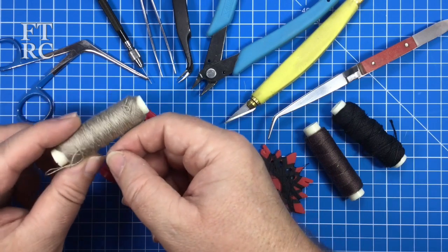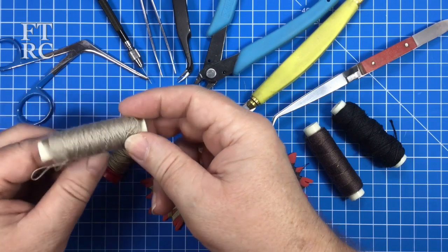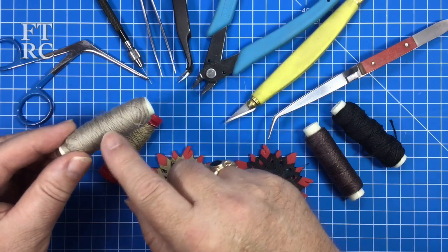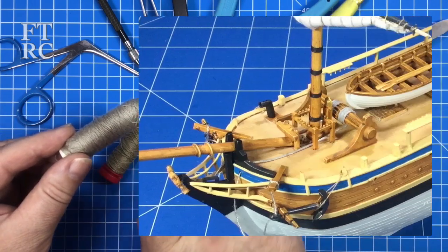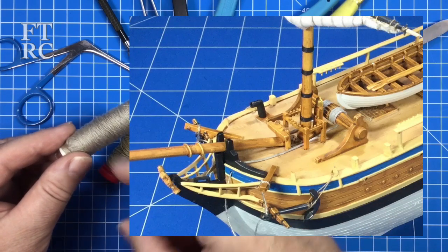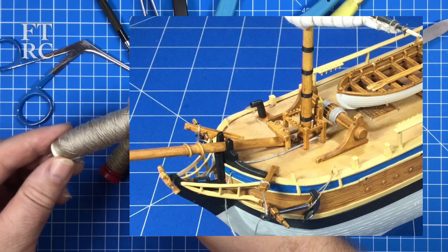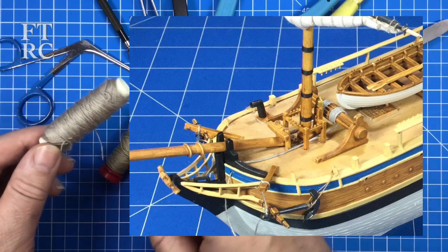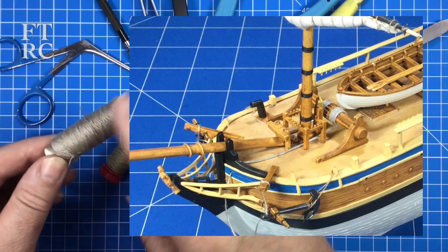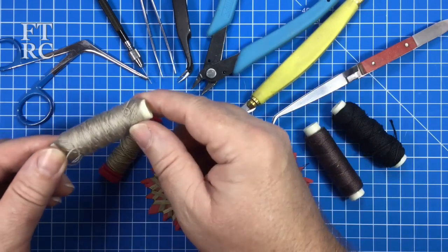Now I've got this one here which I've sort of used on this kit. It's not really wide enough. I probably needed 1 millimetre. Now there was some supplied by Revell, but it wasn't nearly enough to wind around the windlass, which is the winch that drops the anchor. And so I've sort of cheated and fudged a bit, and I've used this. It's a little bit narrow, right? It's only 0.5, but still there are points that you're going to need